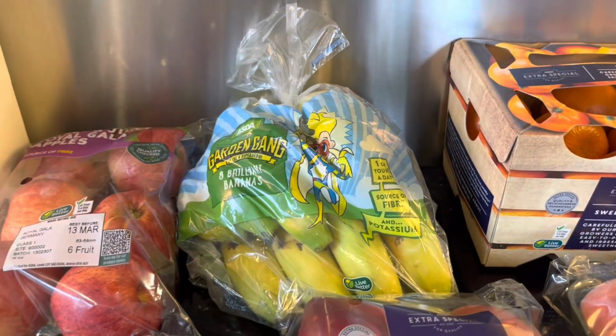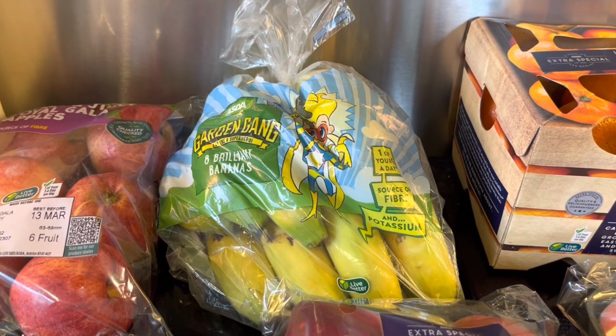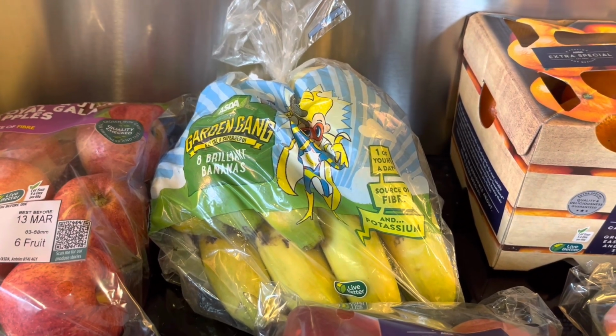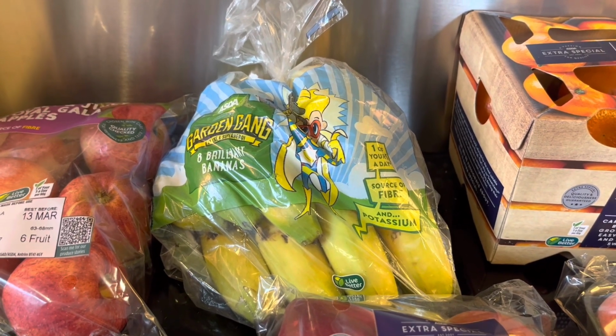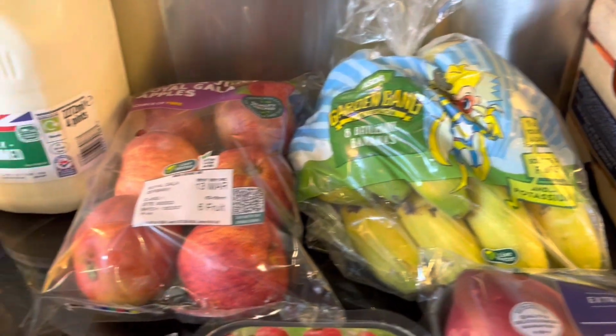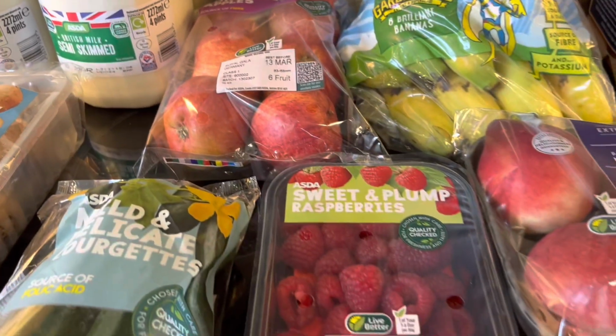Some bananas, and again, when I first started Slimming World, I actually used to bypass bananas because I used to think, well, they're a free food instead of a speed food, but actually it does no harm, and it fills you up, and they are really tasty and really sweet, so they do hit the spot when it comes to something sweet. Some Royal Gala apples there, so they will be a speed food,